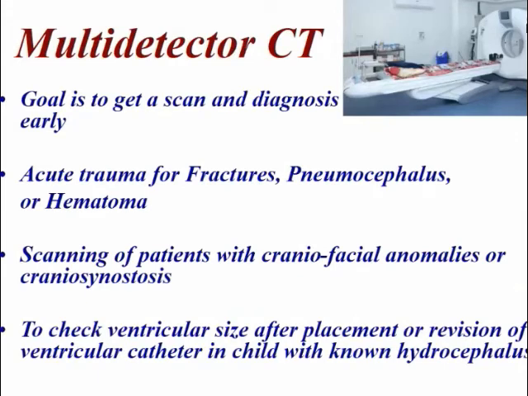So this is an image, sorry, of the CT scan. This is a 128 slice what we have. As I told you, anything beyond 64 actually is superfluous. So where we use CT in pediatric practice is basically to look at trauma, to look at hemorrhages, or it could be craniosynostosis, where we use this to evaluate the sutures, because the 3D we get is excellent with a multi-detector or multi-slice CT.